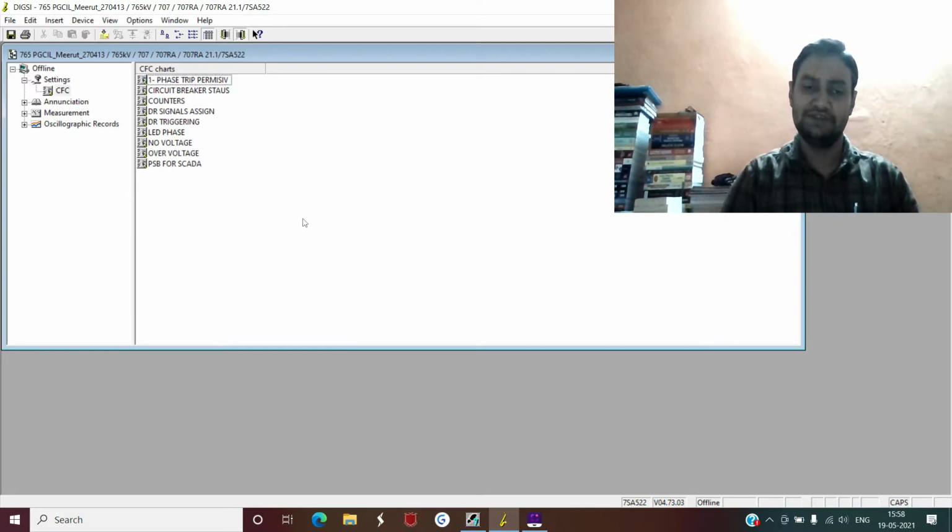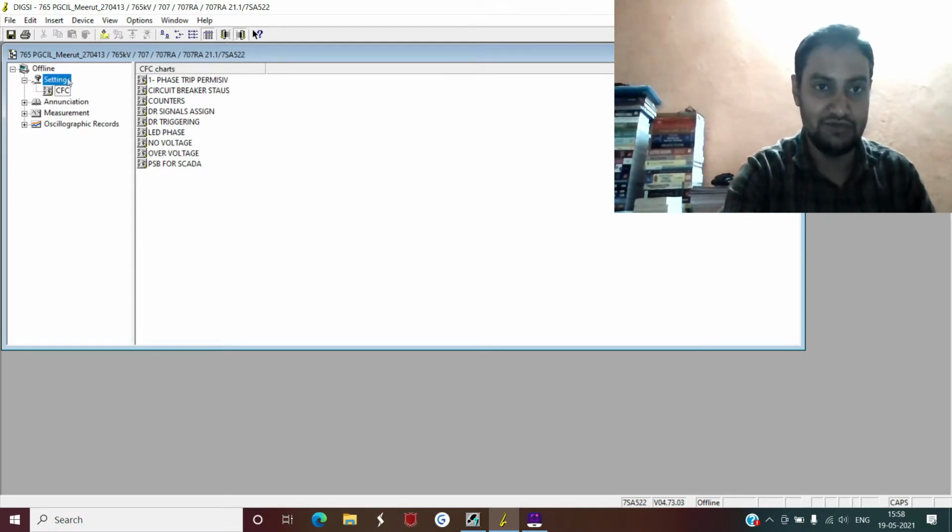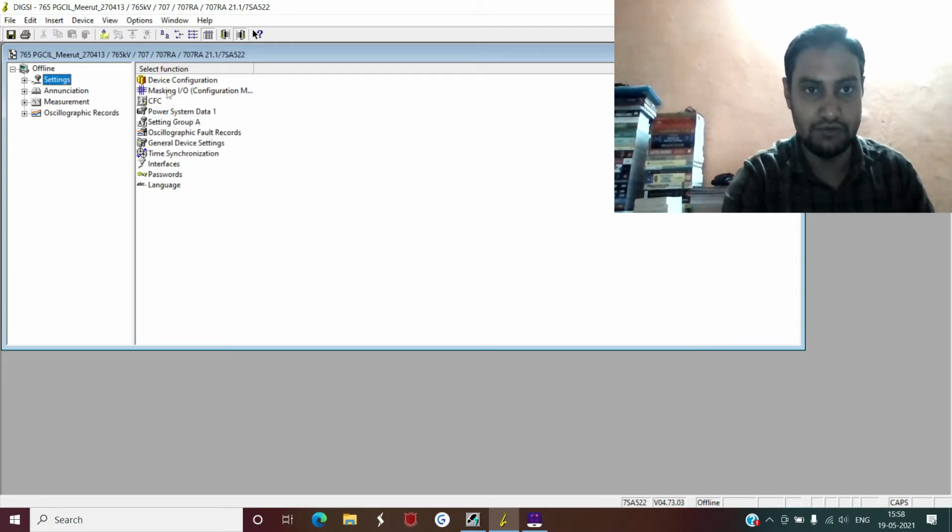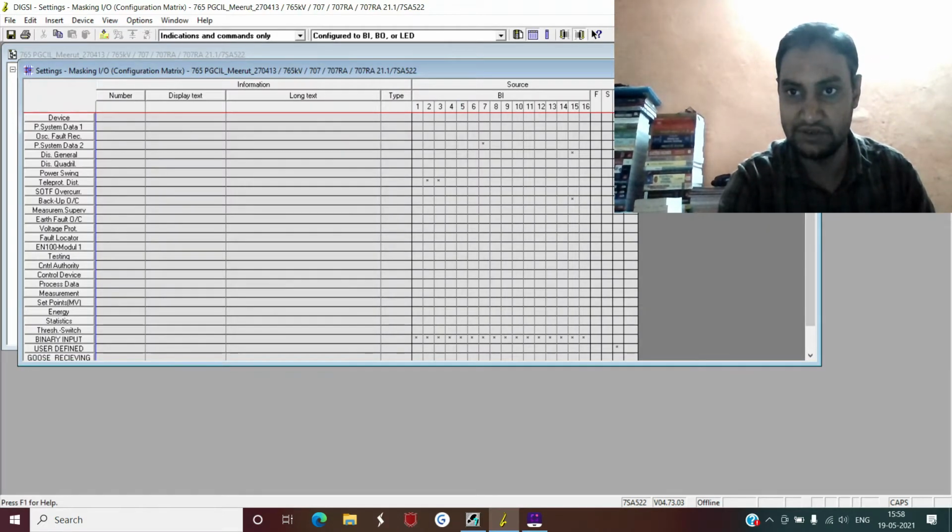Before discussing this CFC, the one point that I forgot to mention in the last two sessions is this single phase trip permissive. If you see inside this masking IO, there is a signal under power system data 2.